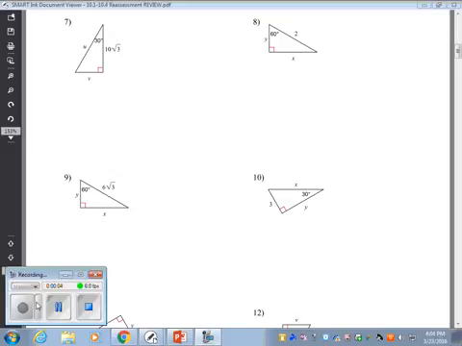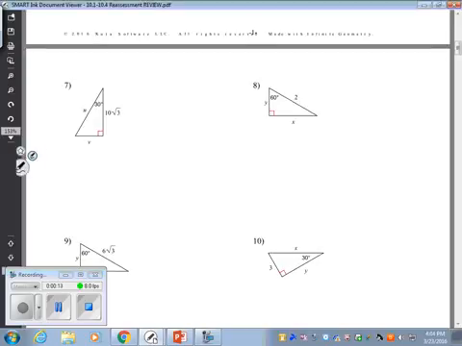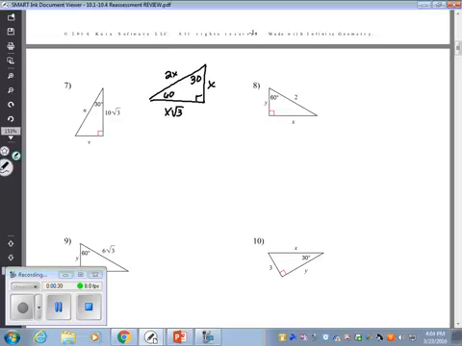Next, pages 7 through 12 deal with special right triangles again, but now we're looking at the 30-60-90 triangle. I know on your formula chart they show, and I believe the orientation is like such, 60, 30, and they have x, x square root of 3, and 2x. Remember, the x just represents the short leg, whatever the short leg is. The 2x